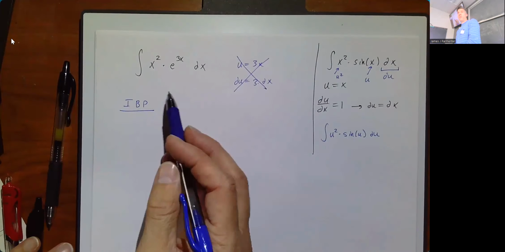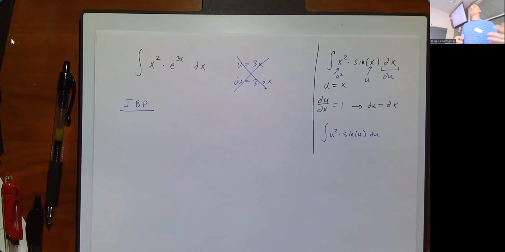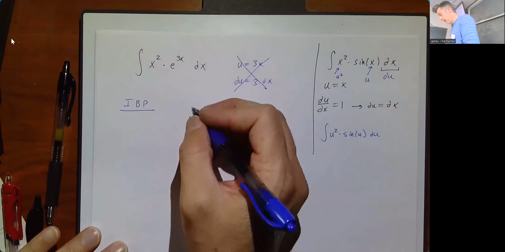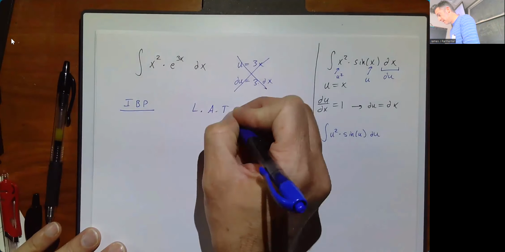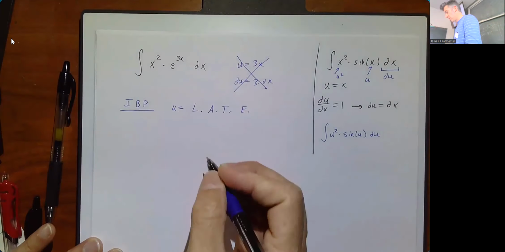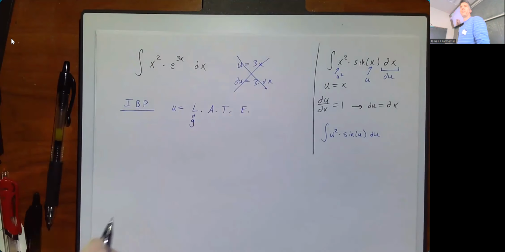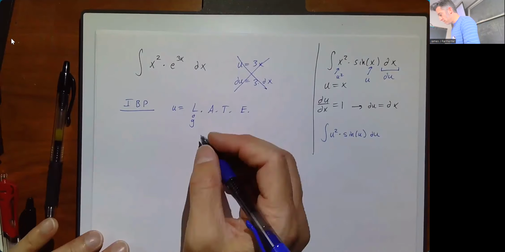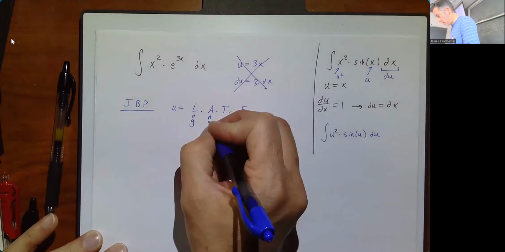So when you're doing integration by parts, there's a really useful way of knowing how to choose what your u is going to equal. There's an acronym, and it's LATE. Technically, it's LIATE because there's inverse trig as well, but almost never do we see inverse trig in this class with one small exception. So I'm going to leave it at this and we'll adjust if we need to. So the way you pick u is first you look for anything that is a logarithm. Do I have any logarithms? I do not. So then if you don't have any logarithms, you pick u to be any power of x